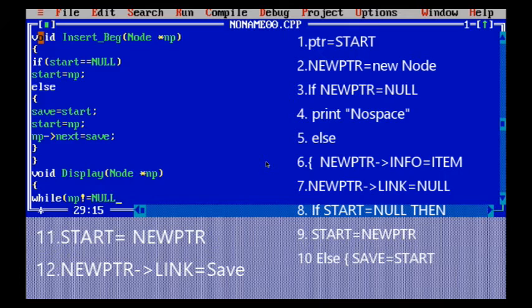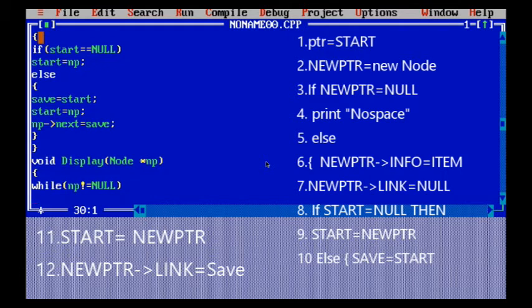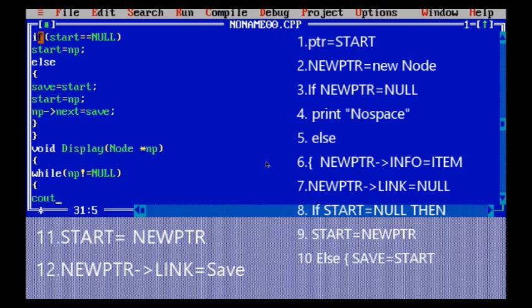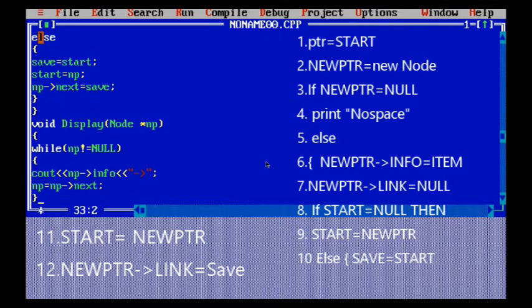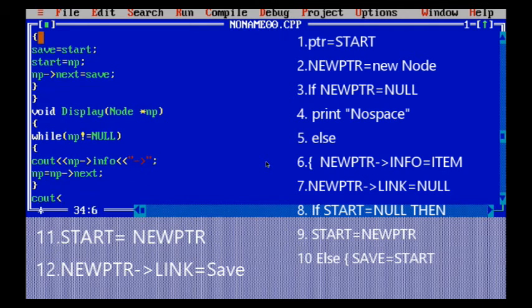For that, I have taken cout np info, because in np info all the content that I have entered is present. Then I have taken the similar thing that is involved in a linked list, so that it's easy for you to understand with the output. Then I have taken np equals np next, meaning whichever new node has been added, whichever the pointer is addressing to the next node, it will be added into it. Now I have taken a cout statement in which I am just printing, so it's easy for you to understand whether a new node is being created and how we are adding into another node.